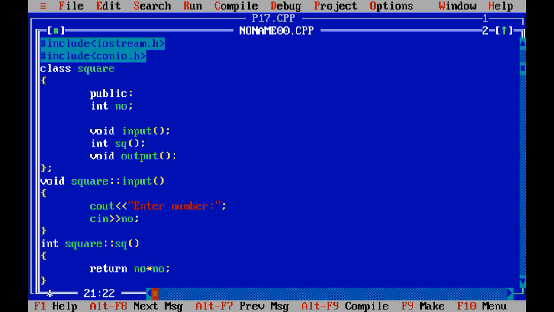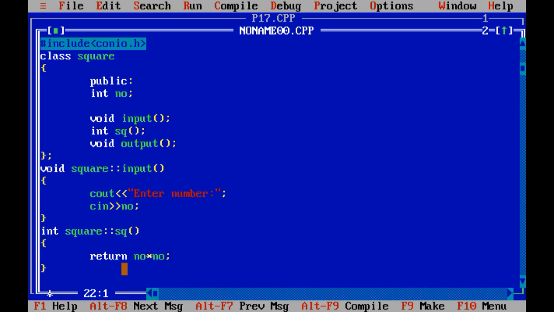You can take one variable like s, where s equals number into number, and return the s variable also, but right now I have directly passed the square of that number.